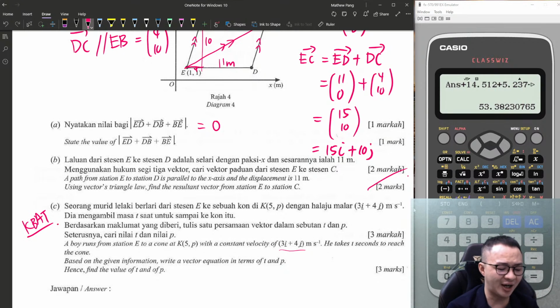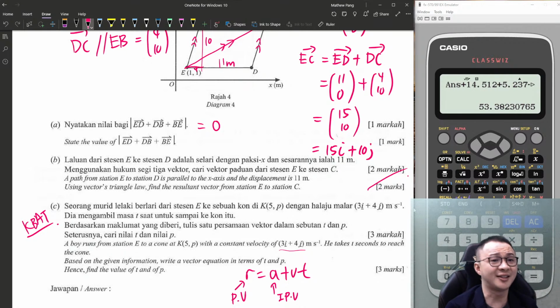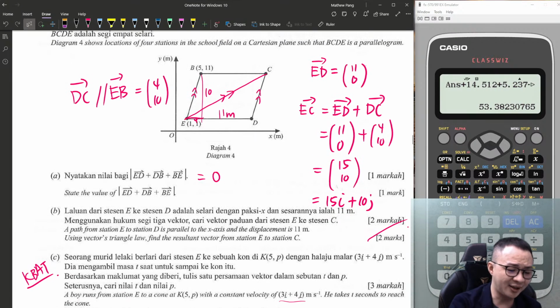Even in Cambridge Add Math, I learned a formula called r equals a plus vt. r is the position vector, a is the initial position vector, v is velocity, and t is time. So when I see something with velocity and time, I will use this formula. So basically what this question is trying to say is